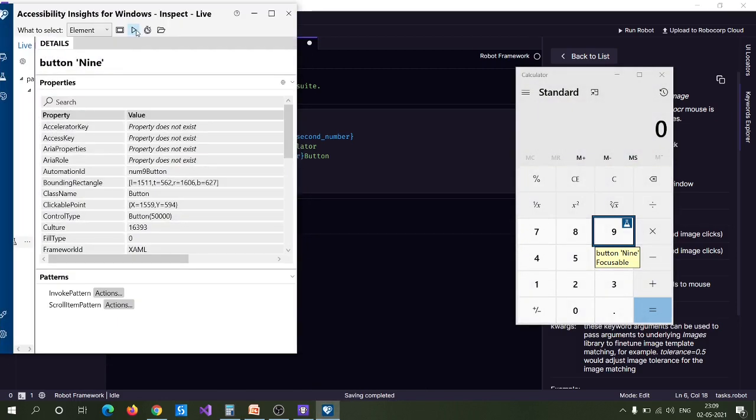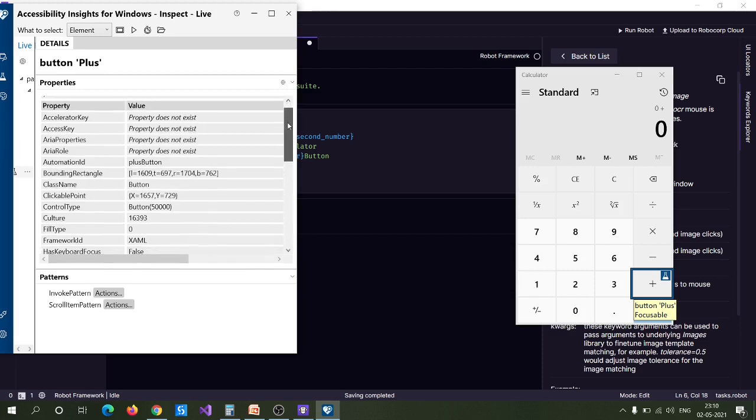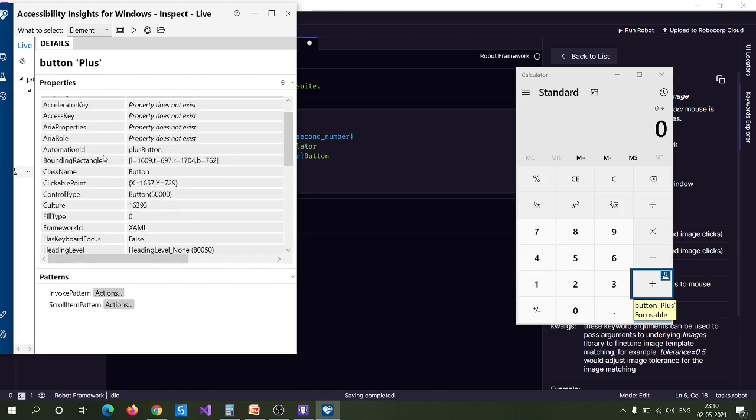For the locator for this plus button, you can use the accessibility insight itself. So let me just play here. When you click on play, it will try to identify the element. Now if you pause it, you can clearly visualize all the properties for this focus element, the plus button. Otherwise, if you play it again, whenever you go to any other UI element and highlight it, you can't properly view the properties of this plus button. That is why I stopped it here, so that you can visualize all the properties.